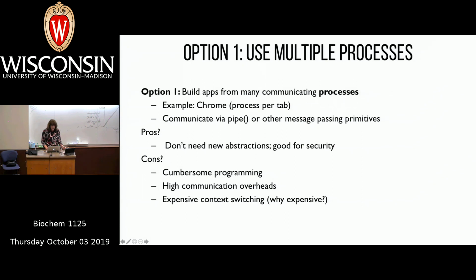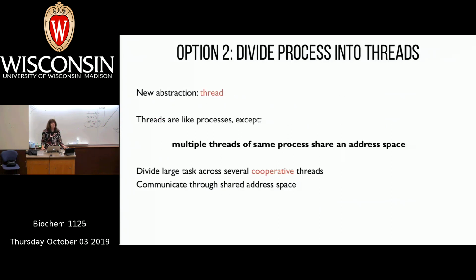And it's going to be pretty expensive to context switch across processes because we're doing a process context switch. We know some of the cost was associated with just changing registers, but also now we need to completely change the address space of these processes, even though they're cooperating. And we know that means flushing the TLB and taking all of these cache performance hits. So our memory performance is going to be bad when we have to context switch across different processes. So we're going to just completely disregard that and move on to option 2, which is what we're